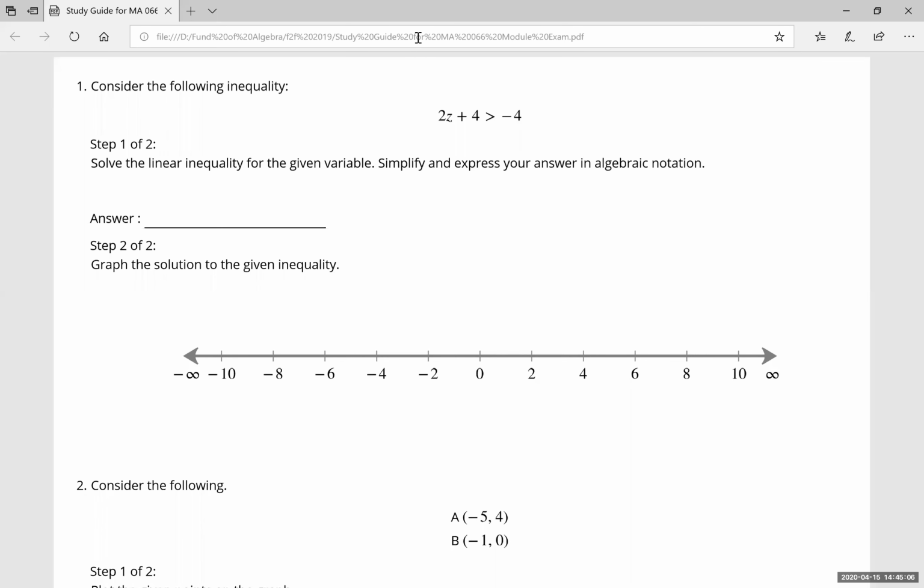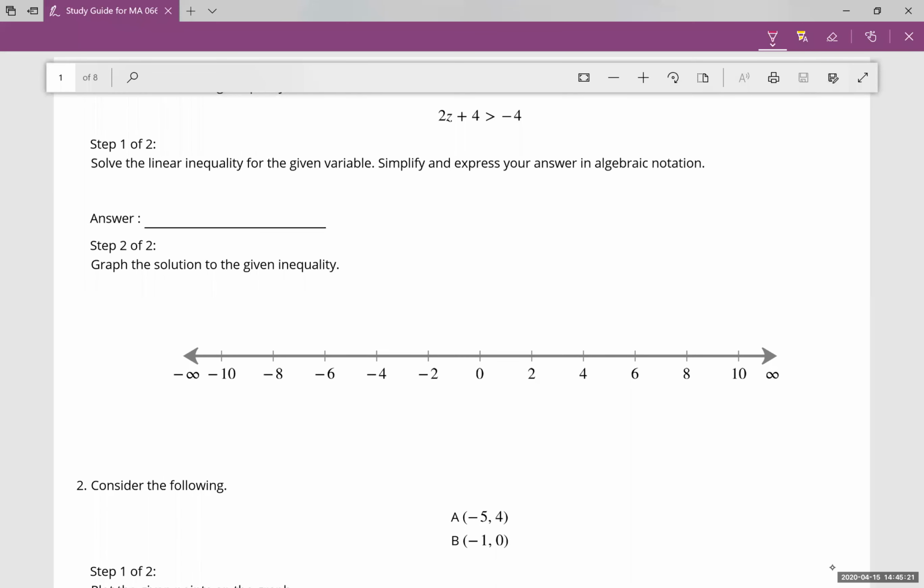Hey guys, this is Mrs. Schoenberg, and I am going to walk you through this study guide. This is our study guide for MA066. Please print it out. Remember, this is for an assignment out in Hawks, so make sure and do it out there as well. But we're going to start off by doing